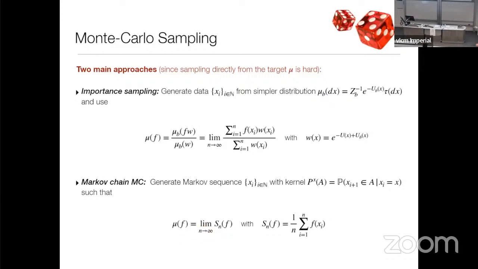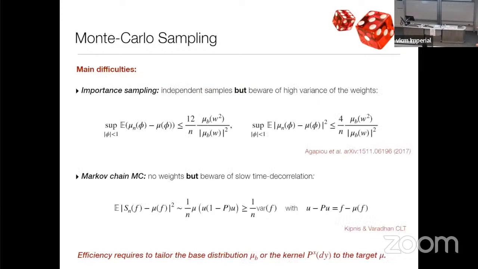Now, the difficulty with these methods is that in general, they are not very efficient for the following reason. They come with error estimates. And the error estimate goes like this. Well, when you do the independent samples, typically there's an error estimate that you can obtain that involves the variance of the weights, and it's very difficult to control them. Typically the variance of the weights will be infinite in most cases, which means that the method is actually not applicable.